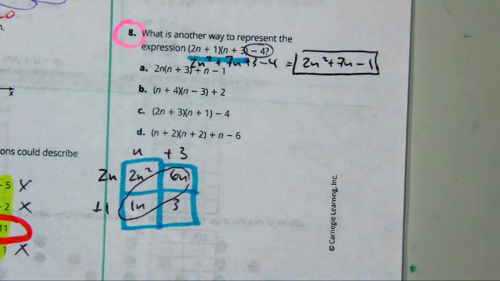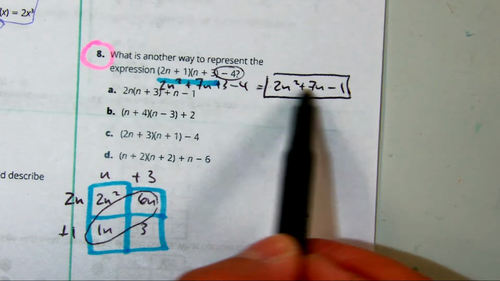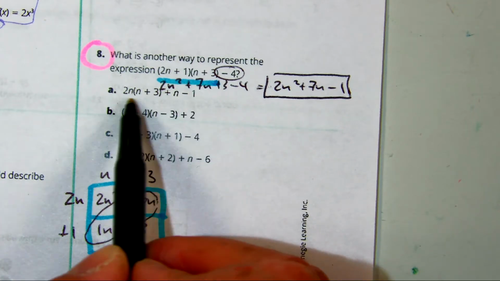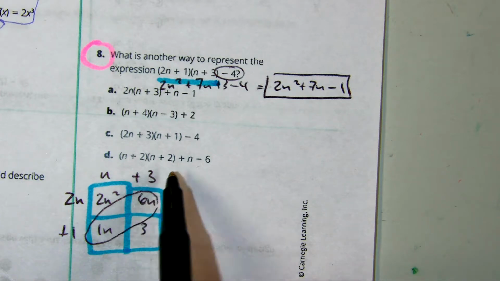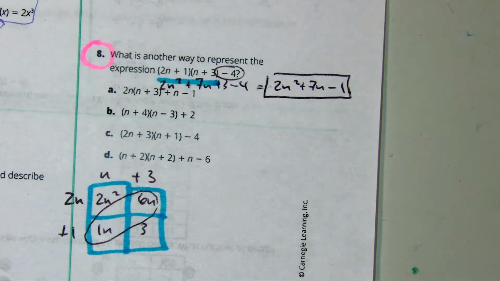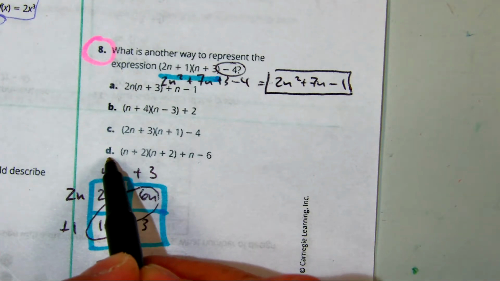Okay, let's see if we get lucky. Does any of these say this? Exactly. It doesn't. Let me show you, not a shortcut, but if you think about it, let's look at D. The reason why D is not the answer,